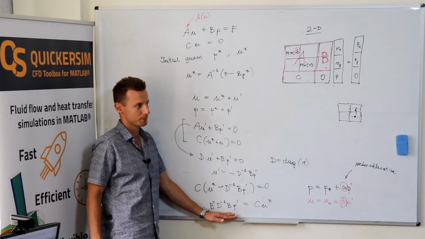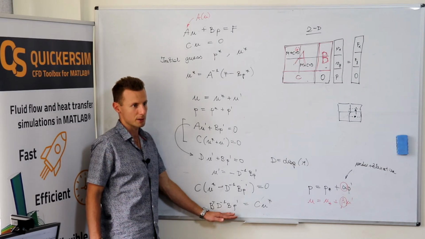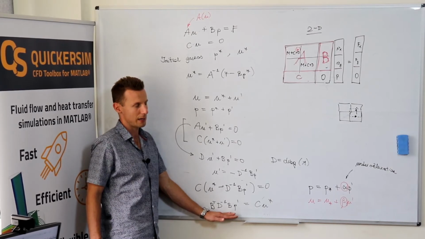Algebraic multigrid. Algebraic multigrid is a concept that, well, we'll see. Maybe we will cover at some point in the future. It's not planned for this course now, but just remember that